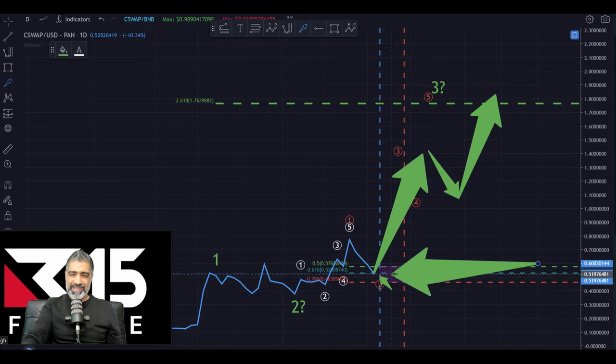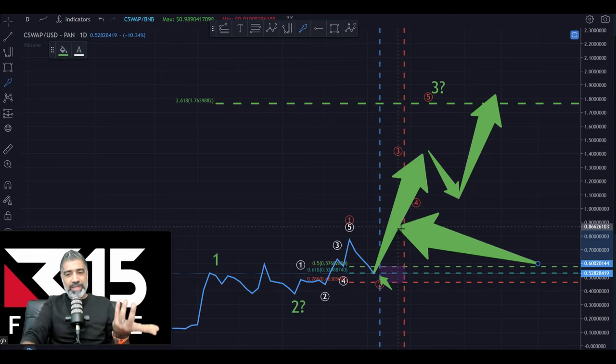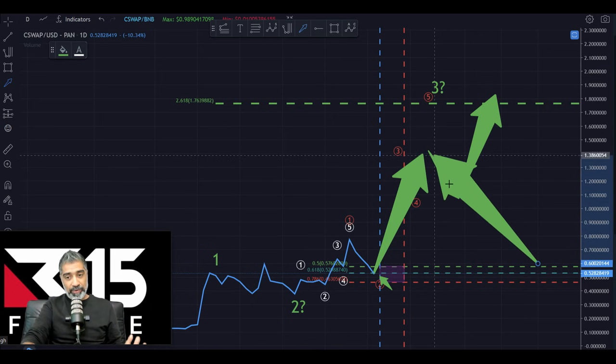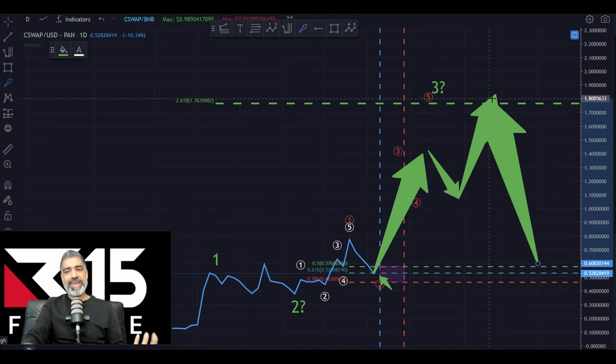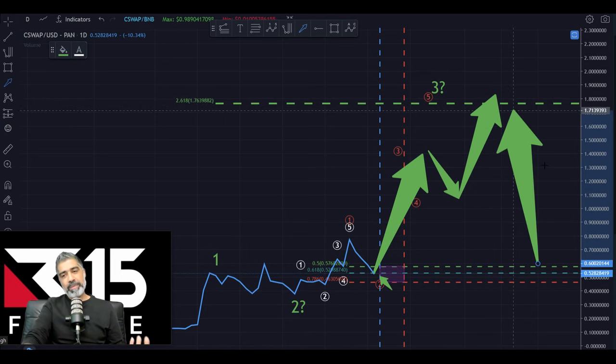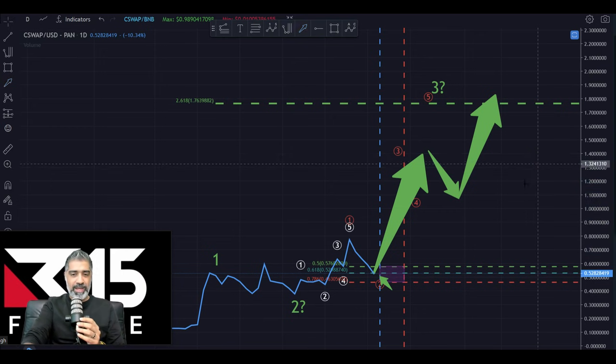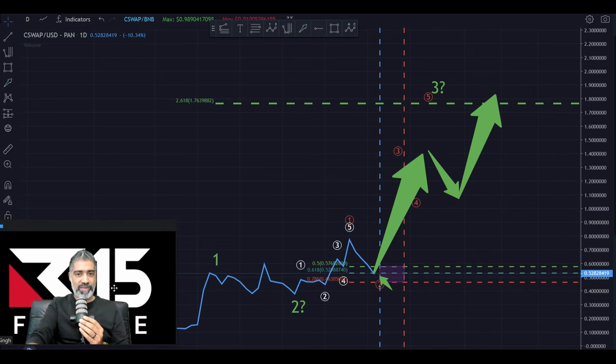What tends to occur for a wave 3 to really take off like this, normally it's stimulated by some type of positive news, which is fundamentals. You know, whether it's version 1 goes live or there's a new partnership or there's a new listing on an exchange. I don't know. It could be anything. But something can stimulate this, and it will just drive that wave 3, and then there's profit taking that occurs, which is wave 4, and then the next wave 5, and then a bigger wave 4 correction, and then the real party starts to begin. Because in crypto land, the wave 5s, and especially the wave 5 of 5s, tend to be the impulsive wave because of FOMO, fear of missing out, panic buying, and so on and so forth.